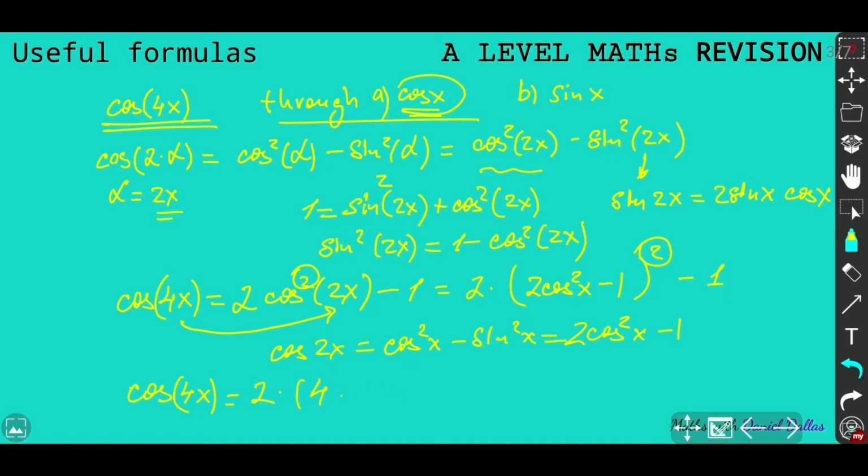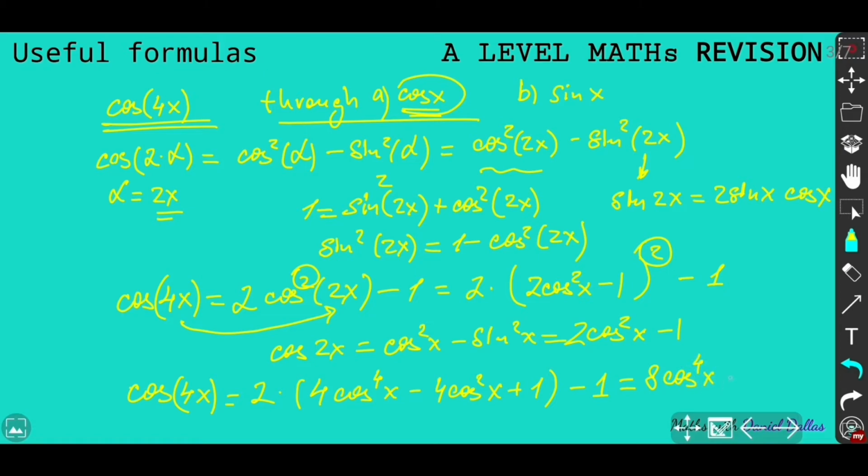So it's going to be 4 cos to the power 4 x, then minus 4 cos squared x and plus 1. So again, I'm just using the formula of the square of the difference, a minus b squared, and take away 1. And finally, if you expand the brackets, you'll get the final expression as 8 cos to the power 4 x minus 8 cos squared x,